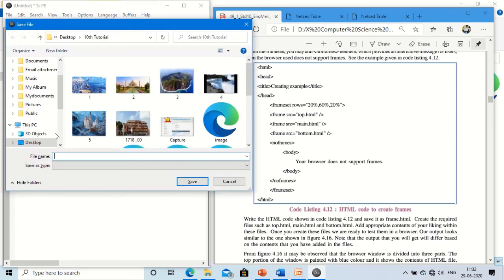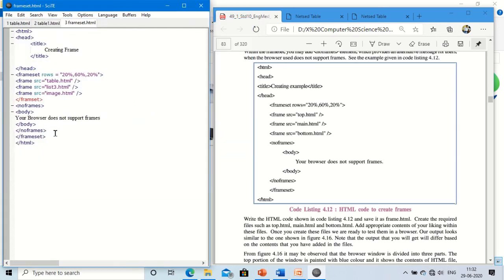Save it as frameset.html. Here something is wrong, that's why this is red color. There is a spelling mistake in frameset. Now it is okay.